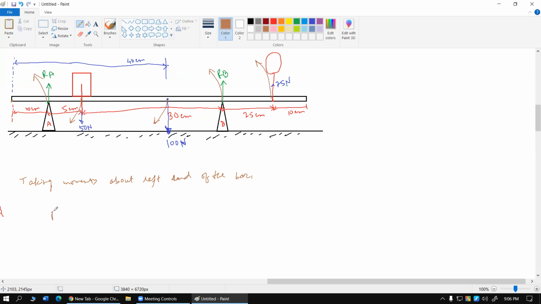Okay, so I can write RA into 10 plus RB into 10 plus 5 plus 30 plus 75 into 10 plus 5 plus 30 plus 25. দেখো ভুল হলে আমাকে বলো।